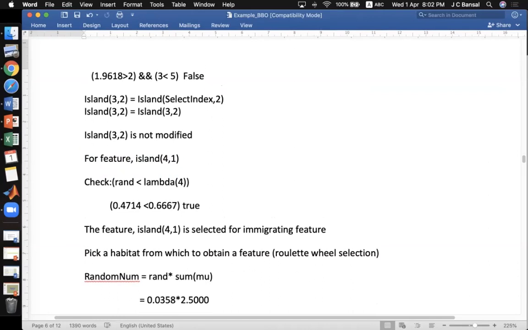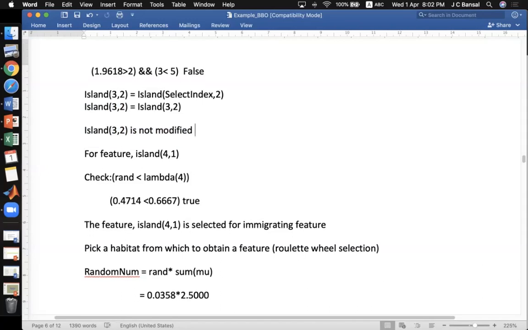Can you suggest to me why island 1, island 2, island 3, all those three top islands are not modified? So it is obvious also. Our theory also says that there are very less chances that the best islands are modified with the help of other low fit or low HSI islands. With the help of low HSI islands, the high HSI islands are usually not modified, and it is clear here also. So island 1, 2 and 3 are not modified at all, and it is very obvious also.